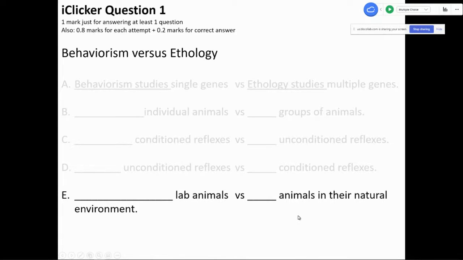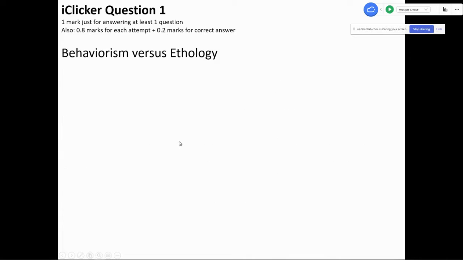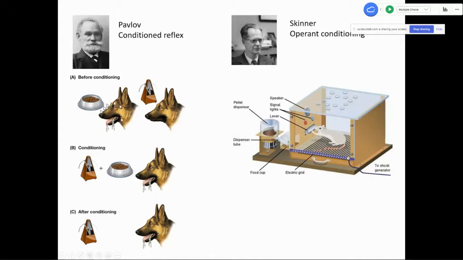Can you explain why it isn't C? The reason why it's not C is that when Pavlov was looking at these dogs, he was looking at the conditioned reflex, conditioning the reflex to a metronome that he would put on, and they would learn that. The unconditioned reflex was the fact that the dog salivated with food anyway. That was an innate, unconditioned reflex. So it's part of this study of Pavlov's, and that's the reason why it's not C.